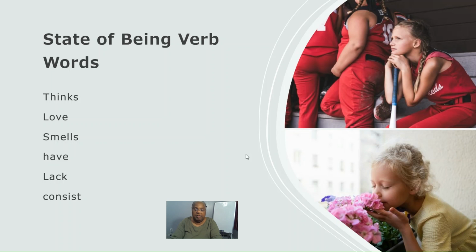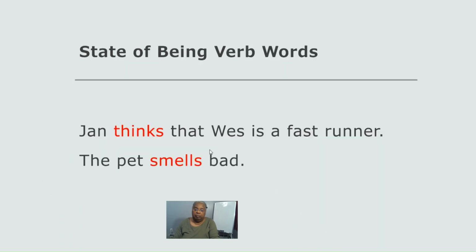This type of verb does not describe the actions of what the person, place, or thing does, did, or will do. Examples of state of being verbs are thinks, love, smells, have, lack, consist. For example,